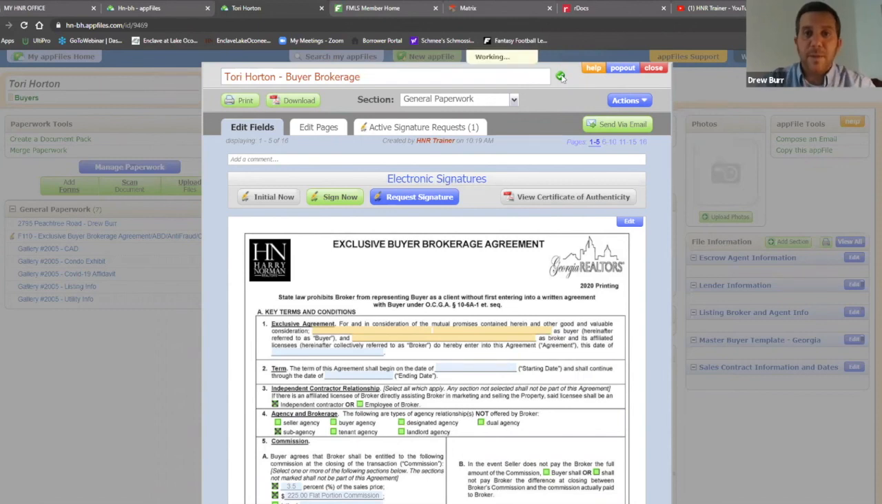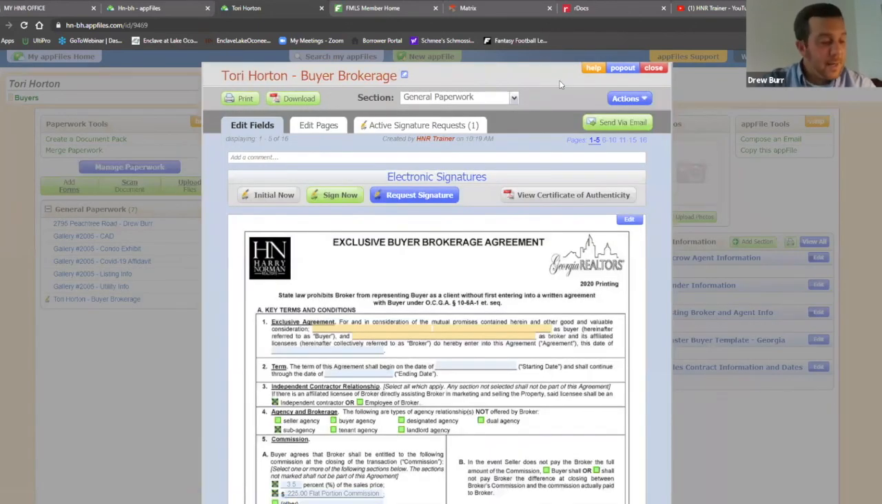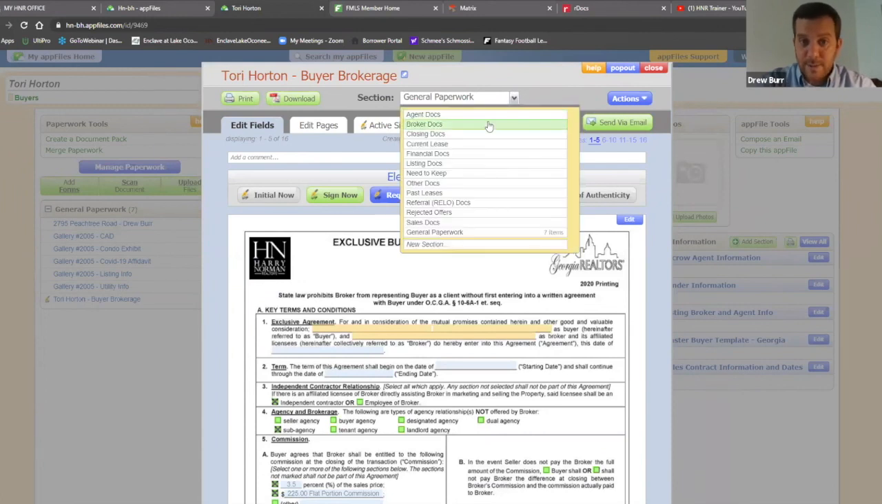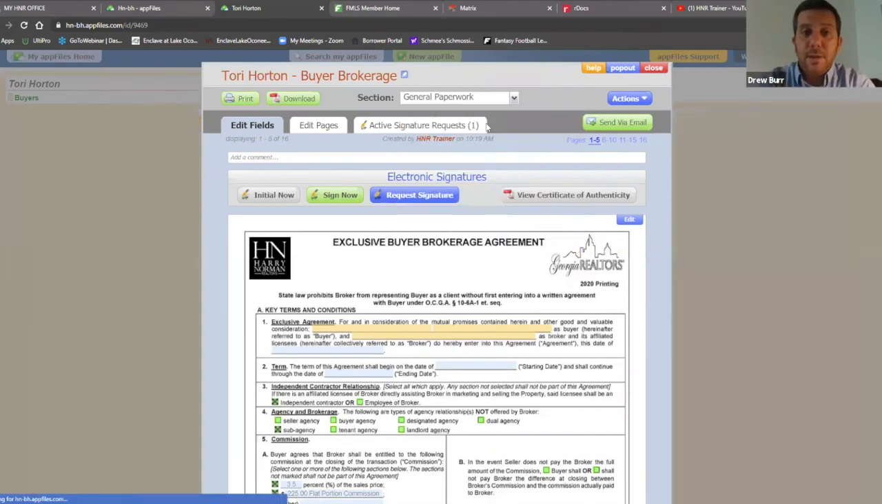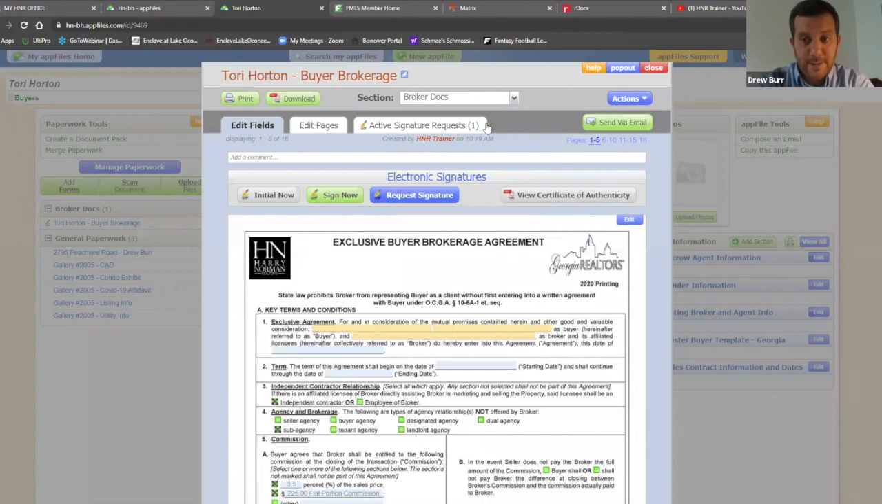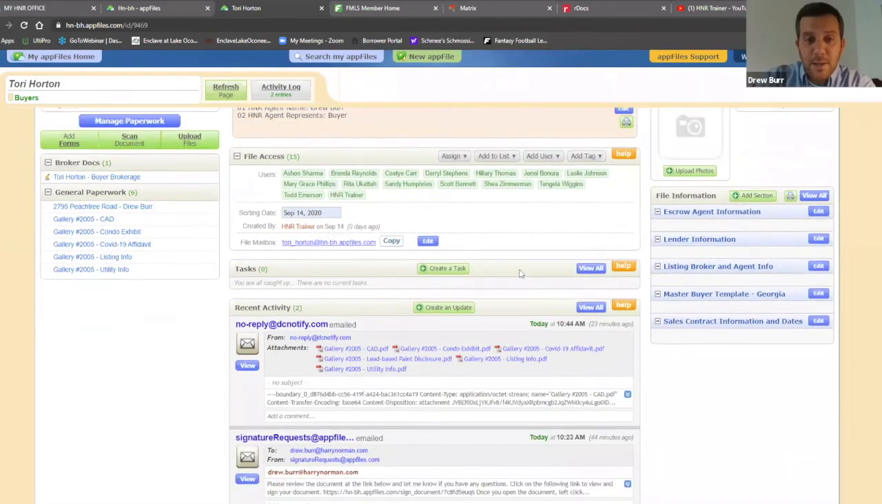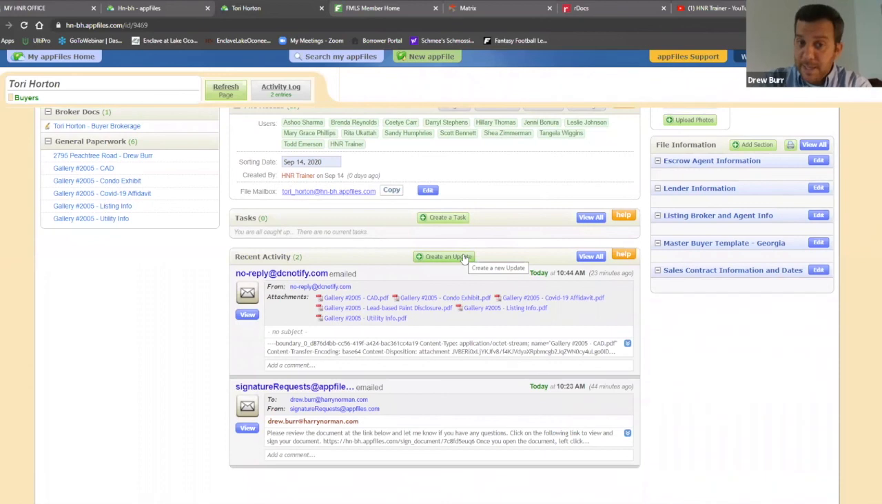I'm going to click the checkbox. Next, I'm going to be putting it in to Broker Docs. Everybody follow me? This is me turning in my buyer brokerage to my staff members. So when you change it to Broker Docs, you're turning it in. Another thing that you can do when you change it to Broker Docs is you can come down here to create an update, and you can let your staff members know